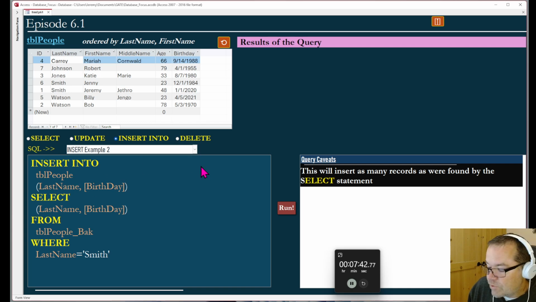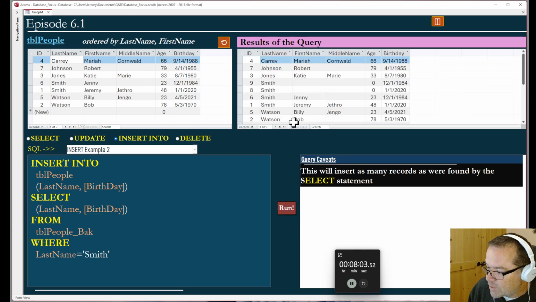There is a way to insert multiple records into the table, right? You use INSERT INTO table people. So we're pushing into this table the last name and birthday, SELECT last name, birthday FROM table people back, that backup table we made earlier, WHERE last name equals Smith. So we're going to run this, and now realize we only inserted a last name and